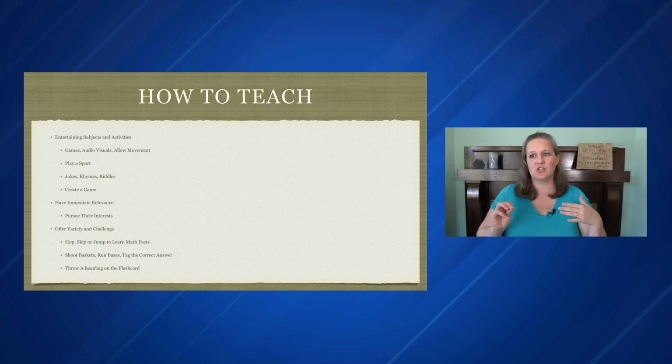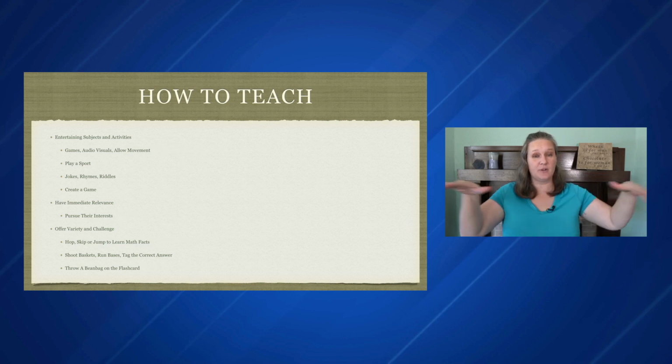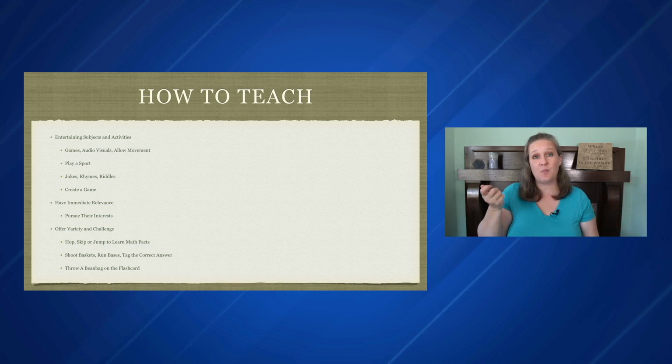Like if you want to teach sight words, then you lay a bunch of cards out on the floor that have sight words on them, give them a beanbag, and then they throw the beanbag onto the sight word and read the word that the beanbag hit. That's just a twist that keeps it challenging and fun and exciting and different, and you don't have to recreate the wheel and constantly be thinking, how can I be super creative? You just take something that already exists and allow them to learn through moving their body. So take a sport and say, you're going to run to this base, and when you get to that base, you have to yell out your 9 times tables before you can run to the next base, or something like that.